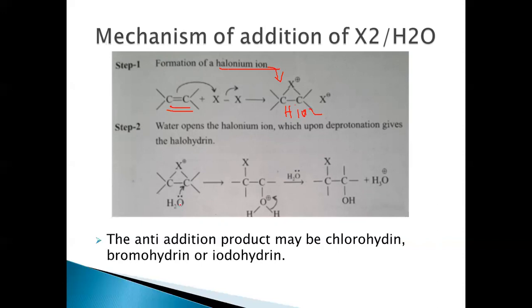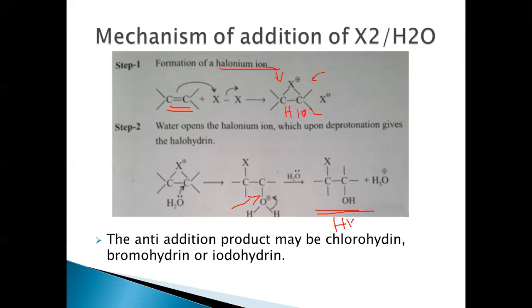In the next step, this is a halonium ion. Then water will open this halonium ion, and the attack will take place from the other side of the molecule, resulting in the anti-addition product here. Because of this halonium ion, the attack from the same side is not possible here. So the attack takes place from the other side of the molecule, resulting in the anti-addition product here. And so this, on deprotonation or hydrolysis, will now give you this alcohol, resulting in the formation of this halohydrin.